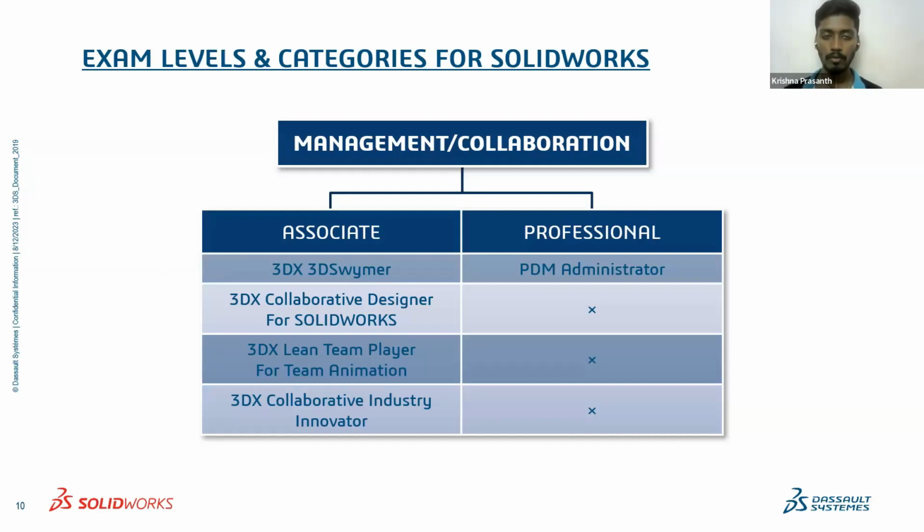So you need to do the introductory course to understand what the tools will be. If we are doing that, we can clear the exam. In that course itself, they will be projecting the case studies in which an example company is working with the software. So they will showcase the example in which they are working, and this will provide you the insight of how the tools will be working. With that, we can clear the exam.